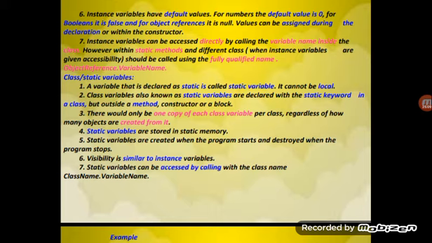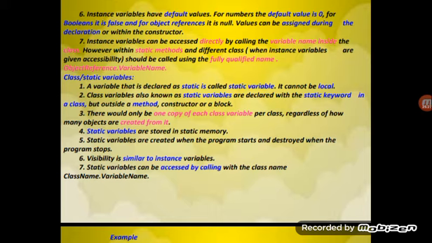The next topic is class and static variables. A variable that is declared as static is called a static variable. It cannot be local.